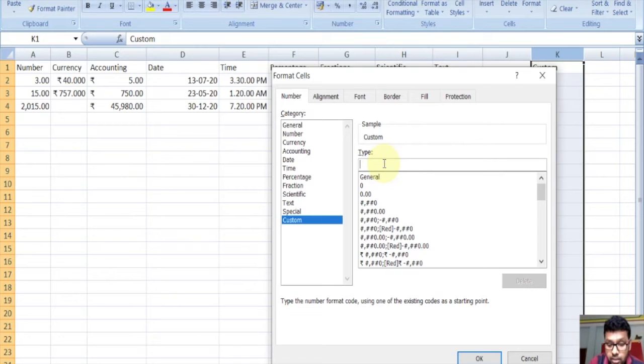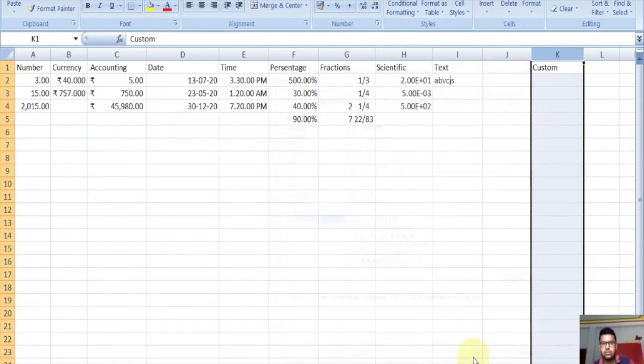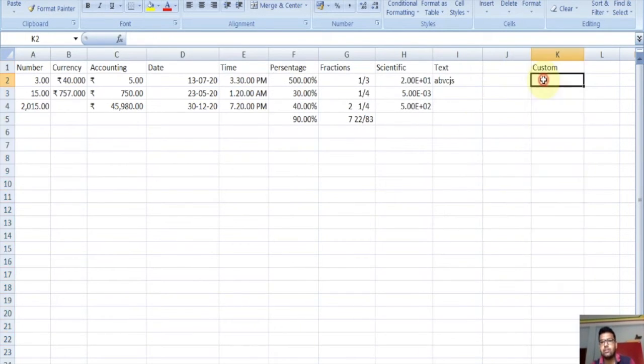Suppose we want a rupees format, RS format: double quote RS hash double quote comma double quote space hash, and click on OK, and we can use a 50 and we get rupees 50.